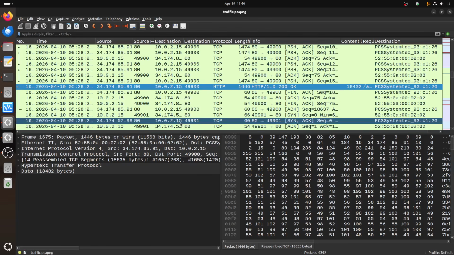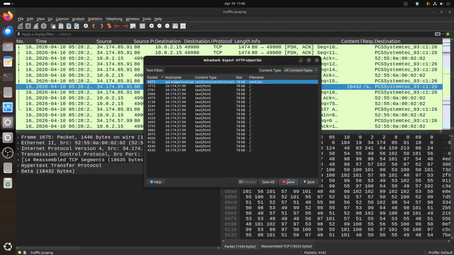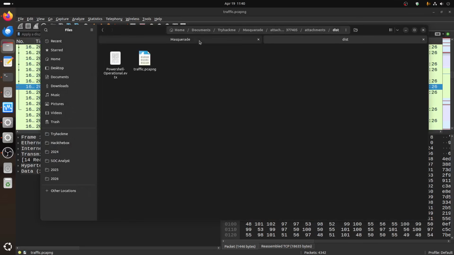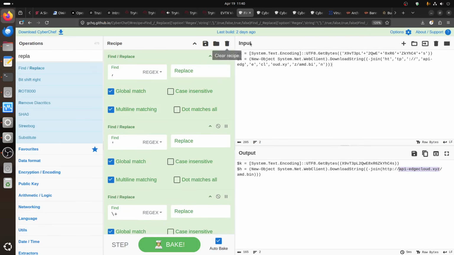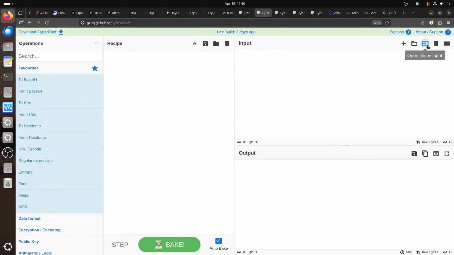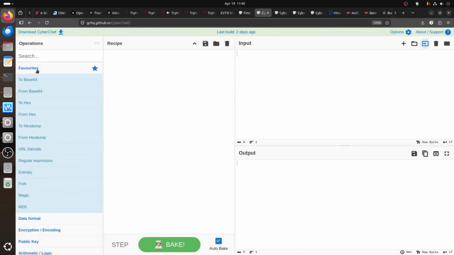Now, where do we get this file from? We get it from our friend. If you go to export object, HTTP, you click there, then you save it. I already saved it on my computer, this amd.binary, and then I can be lazy again. I can just open the file in CyberChef, and then I can do